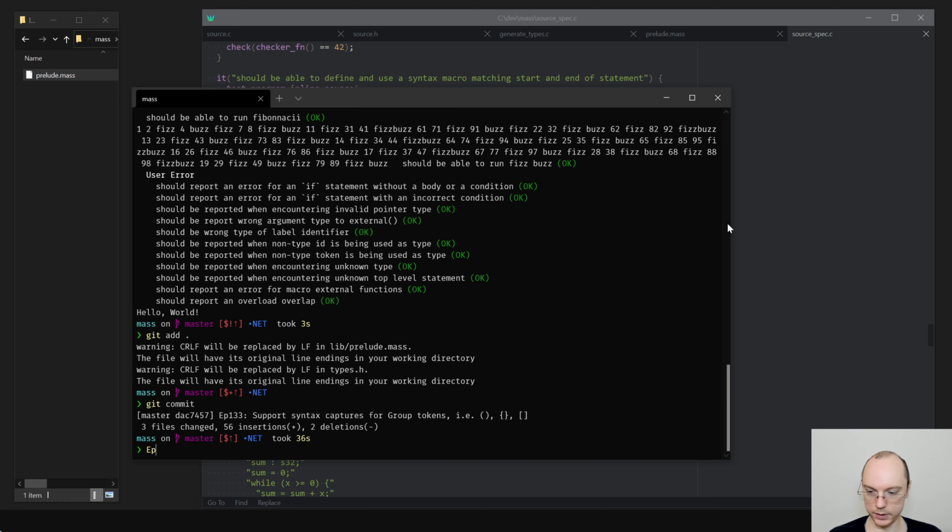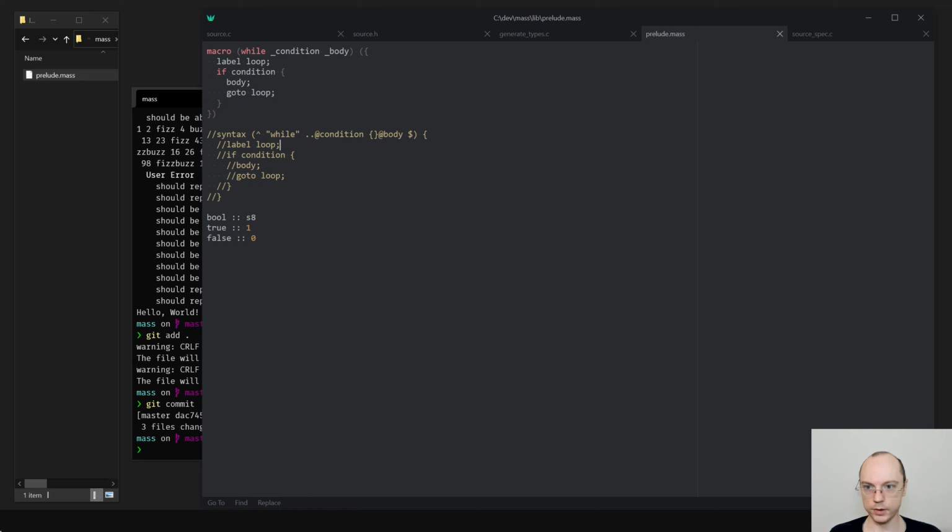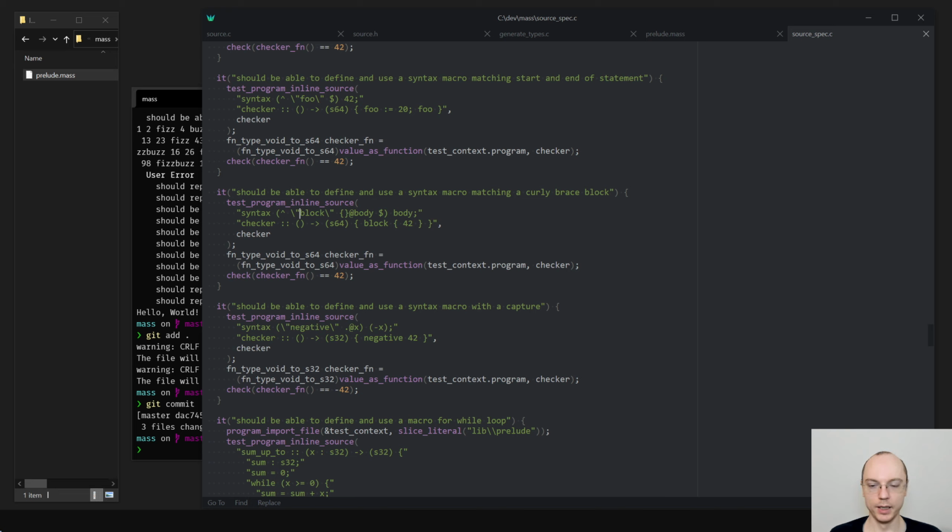What's next? Now let's look at our stuff. I guess the last thing that is left is this. And this would be, I guess, the most tricky one to do. But we can try. So one thing we can do is we can create a macro that would be a comment.